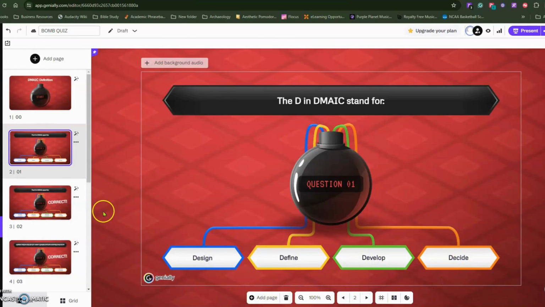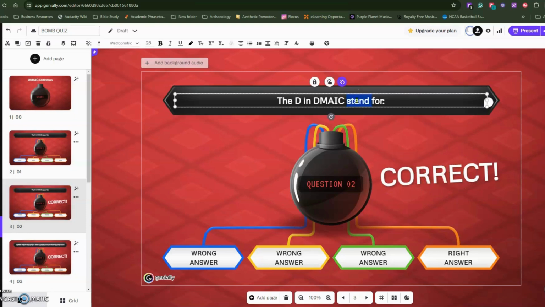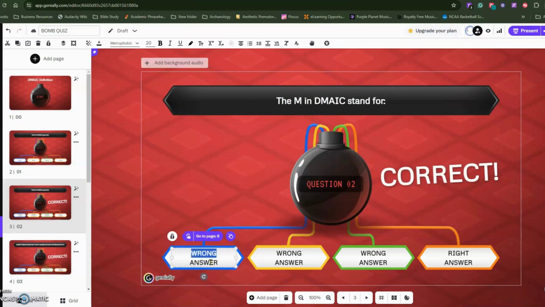So I'm going to go to the next page, and I want to show you, I was clicking over here. You can also click down here in this menu page. So click there. This is question 2. I'm not quite sure what this is doing here, but we'll find that out when we go try to test drive our quiz. So see the M, the wrong answer is